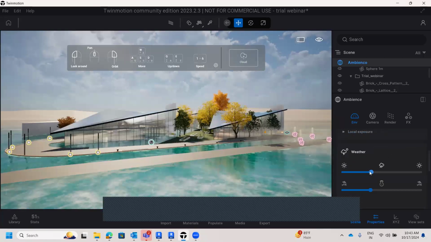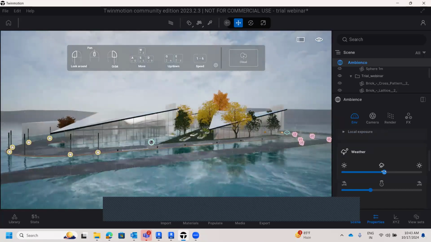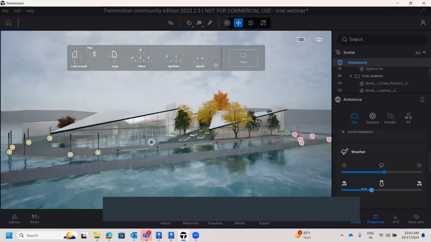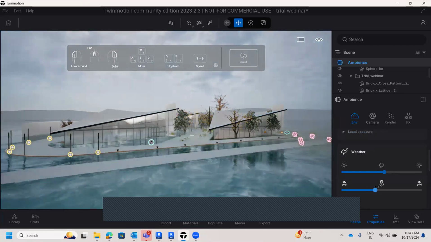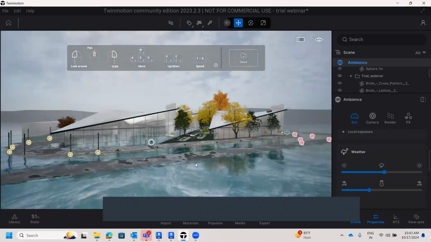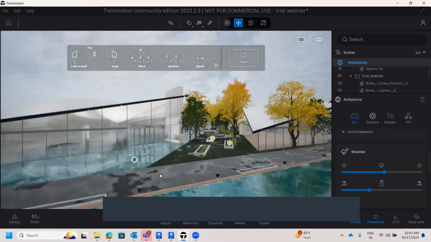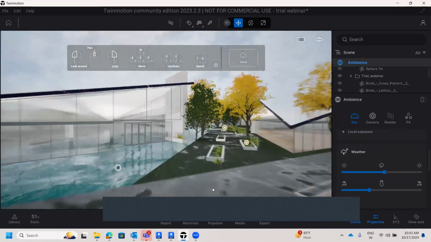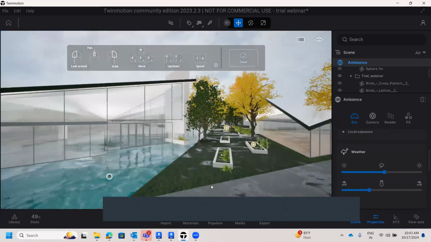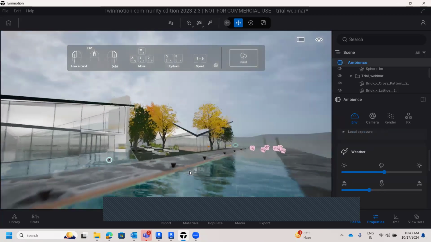Right. So there is the option of weather. You can play with further weather options accordingly, whether you need rainy or something like that. So you can go with those aspects as well. So this is quite wet sort of. You can also see the wet patch on the surfaces. So this is how you can make your views more realistic in terms of visualization,